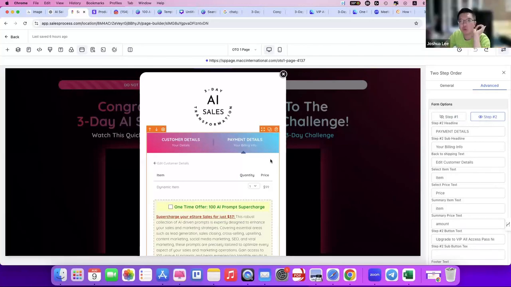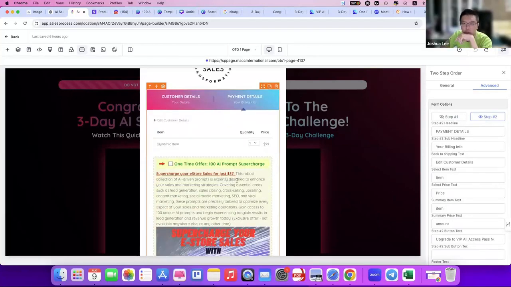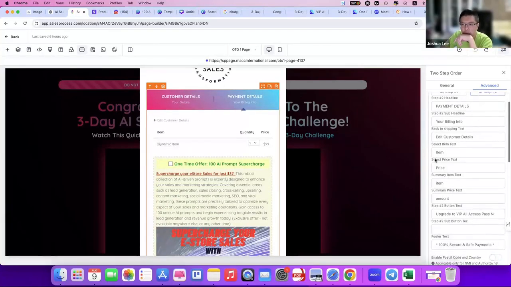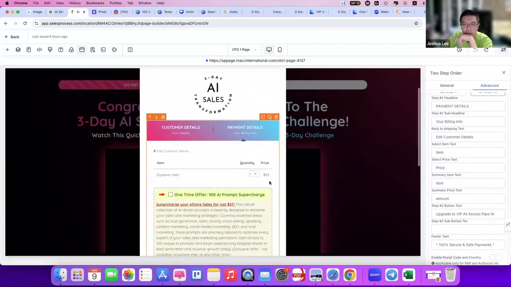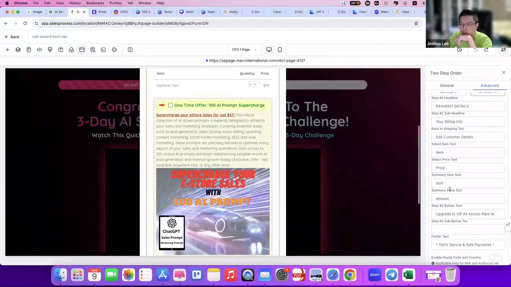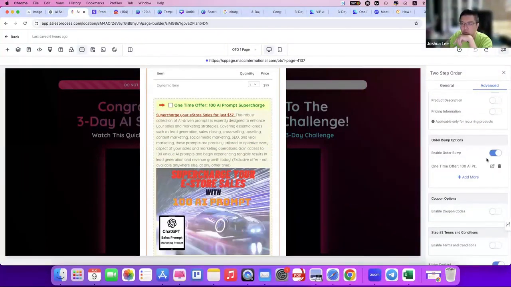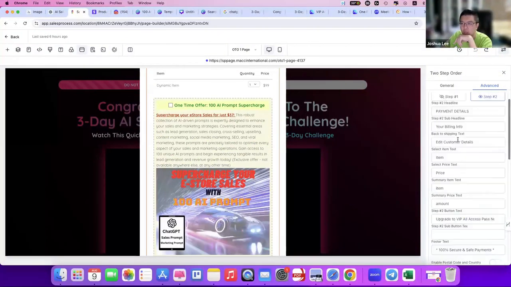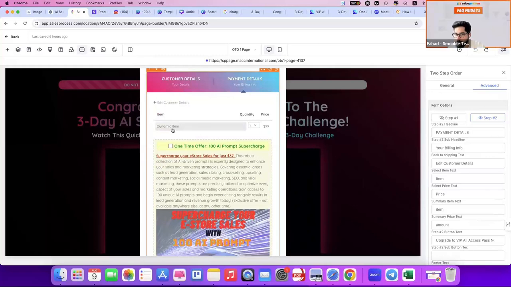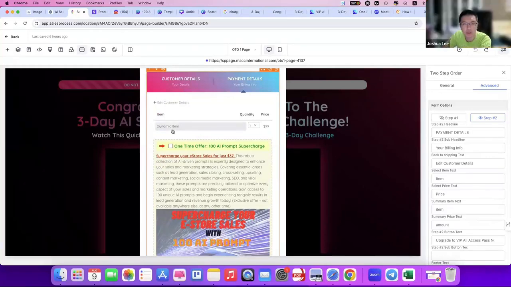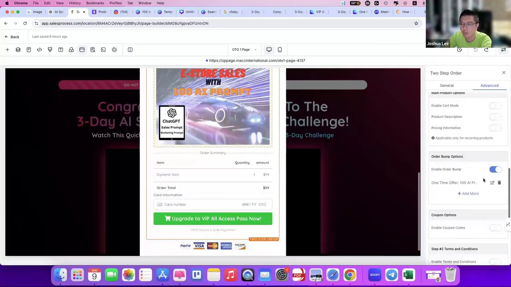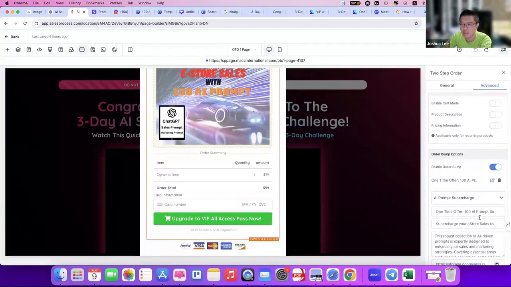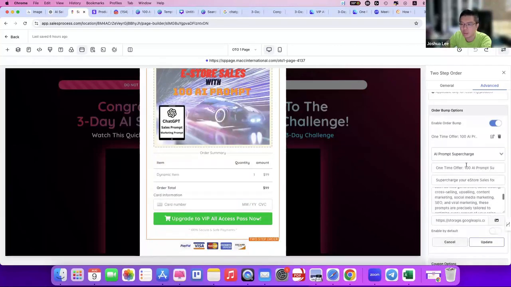Okay, before you show me the automation, I just want to quickly see whether my product is linked correctly. So what else do I need to check here to make sure that my order bump is here? Yes, because this one is a dynamic item, it depends on the product at the front there, and then this one is the order bump. Order bump is here, so this is the setting, the details, and then